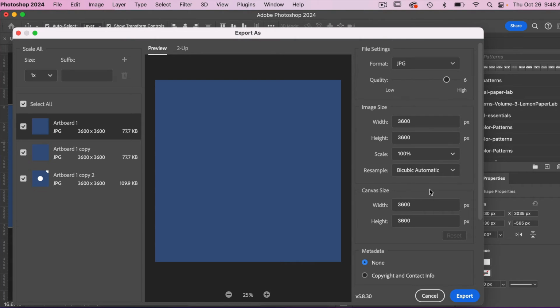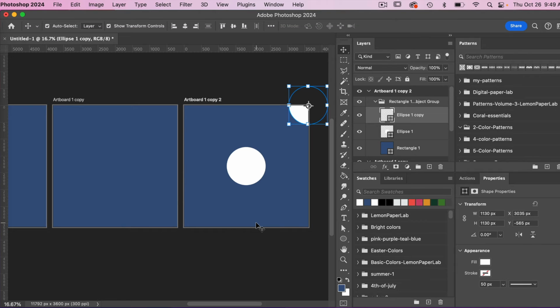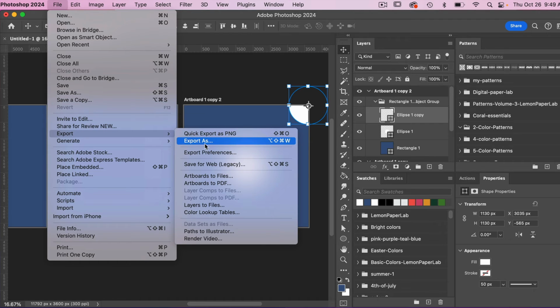One thing to note when exporting it this way is your file will be exported in 72 dpi. So this method could be good if you are saving something for web. So we'll go ahead and cancel that there. Personally, I want my file to be saved at a 300 dpi resolution, which is industry standard for digital scrapbook paper. So instead of using that method, I'm going to go to File, Export, and then in this case, you